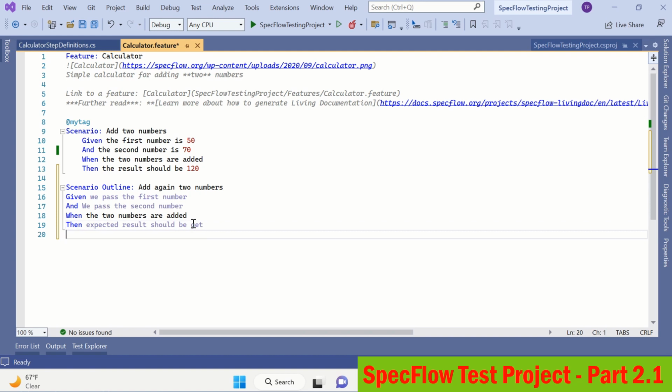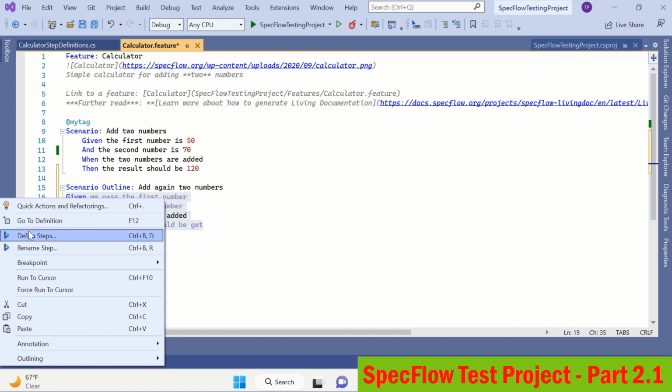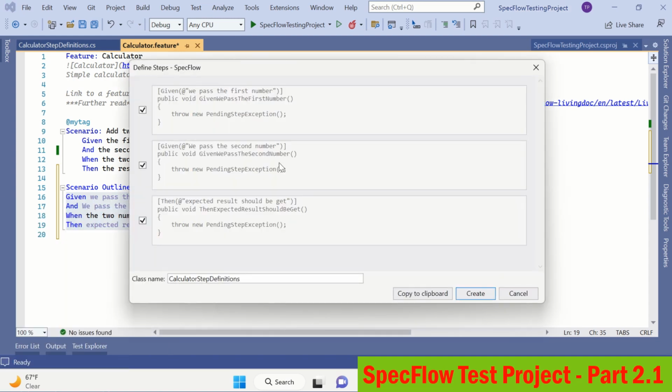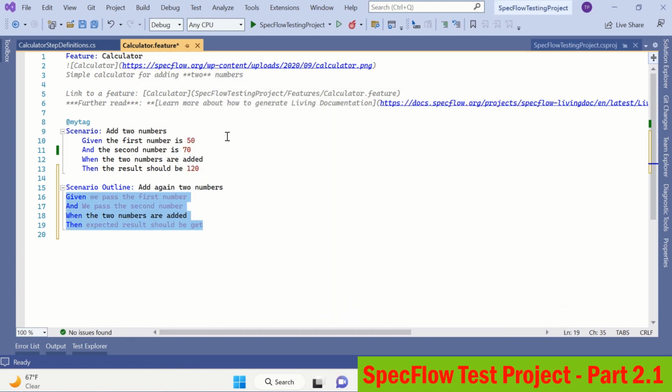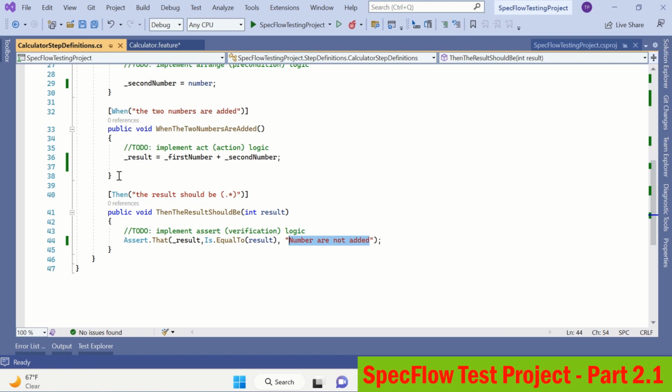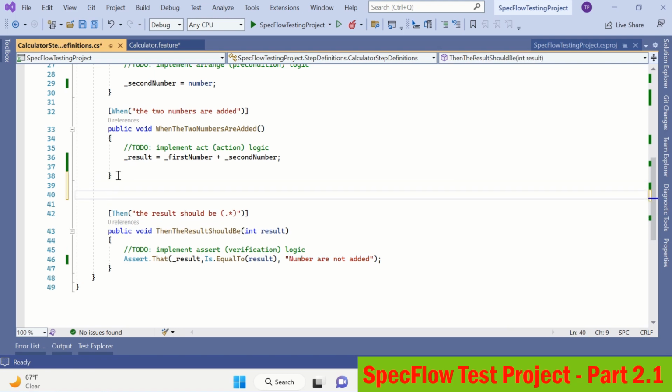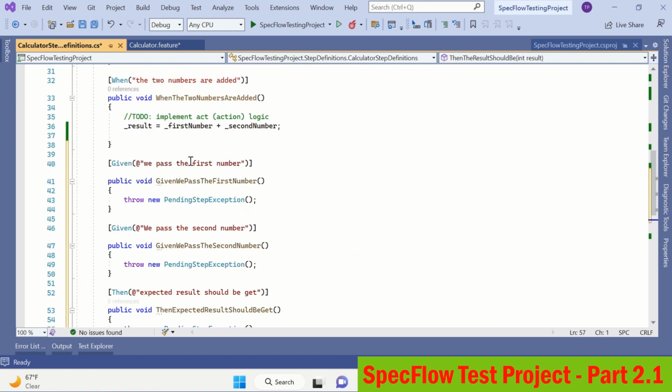Now you can see this is already given, but these three methods, given, when and then, are not created. When you right click on it and click on define steps, it will say copied to the clipboard. So it is already generated. You just need to copy it. So I will copy to the clipboard, go to here and paste it here. So you can see this is already given. Now what we need to do is